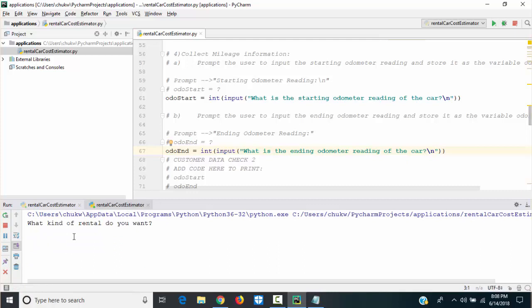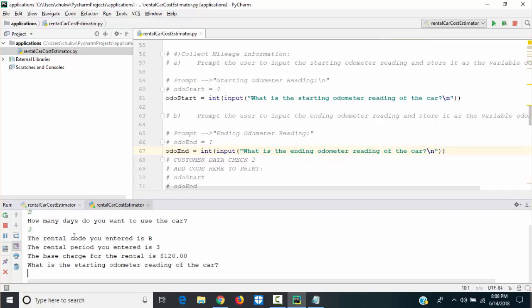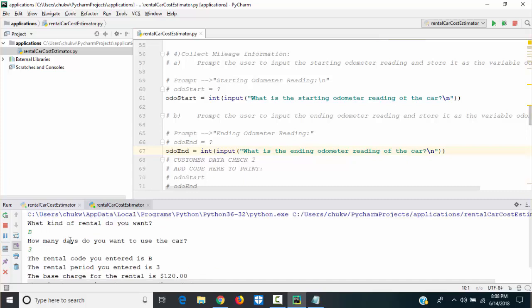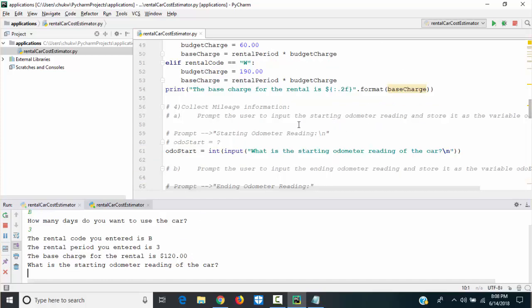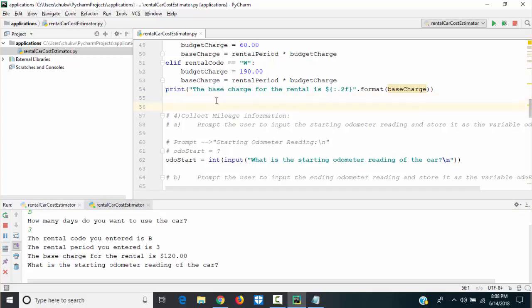If we look at this, B3, what is the starting odometer reading? Let's separate this with a line before the odometer reading. So I'm gonna just come here and I will print a new line, slash n.